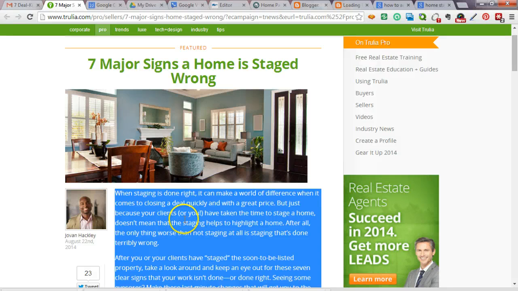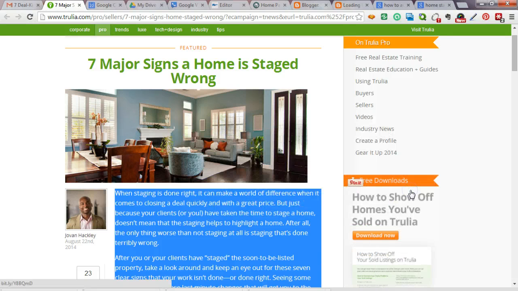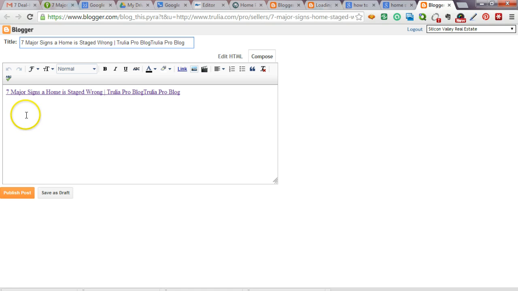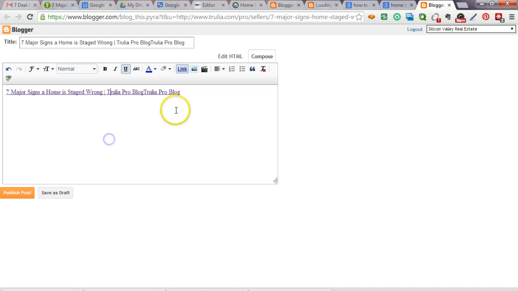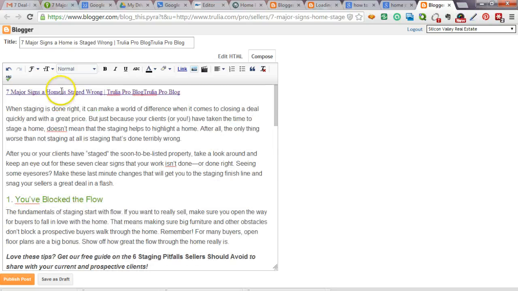Physically, I've installed a program called Shareaholic, and one of Shareaholic's choices is Blogger. It's here someplace. WordPress Blogger Post. And what Shareaholic is going to do is, first of all, show me all my Blogger blogs. It may default to the one I have open. Notice it already has the link in it, right? And so what I would do is I would go back here, and I'm copying all that, and I'm putting this in here,